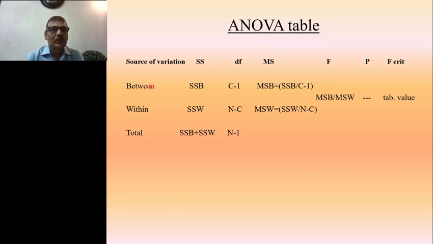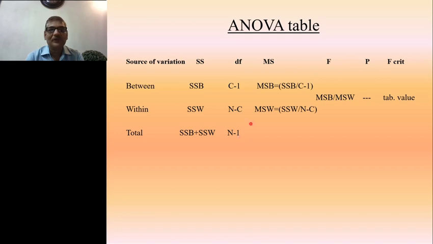What is shown in this table is what I just told you. The source of variation is sum of squares between the samples; SSB stands for sum of squares between the samples. Then the source of variation is sum of squares within the samples, and also total SST, which can be obtained by SSB plus SSW. So SSB is shown here, SST is shown here. Then degrees of freedom: columns minus 1 for SSB, capital N minus C for SSW, and N minus 1 for SST.